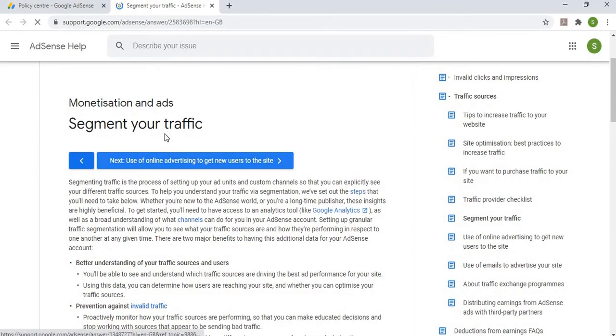See, this is the article of Google that helps you segment your traffic so that you can find from which sources it comes. Some of the traffic will be coming from Google organic, some other traffic from direct Google search, some from social media like Facebook, LinkedIn or Telegram channels, or others like YouTube.